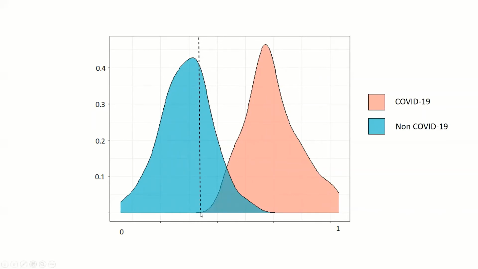So if you see here, anything to the right of this threshold is classified as COVID-19, which is the entire distribution of people which actually have COVID-19. So this means that all of this red curve are true positives. But we do still have some false positives, because anything to the right of this threshold on the blue curve is classified as having COVID, and they don't. So we have a larger amount of false positives than before. However, we have no false negatives, which is okay, because it might be more important to us to reduce the false negatives and accept a higher number of false